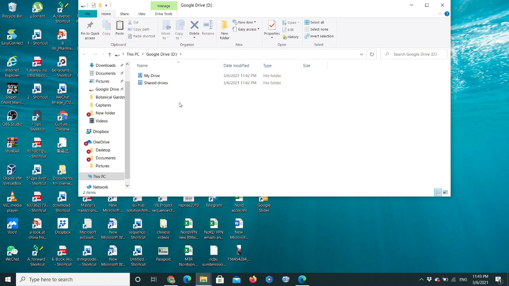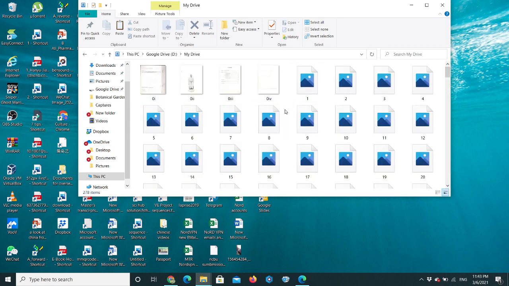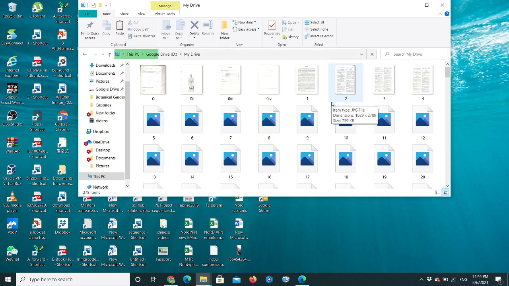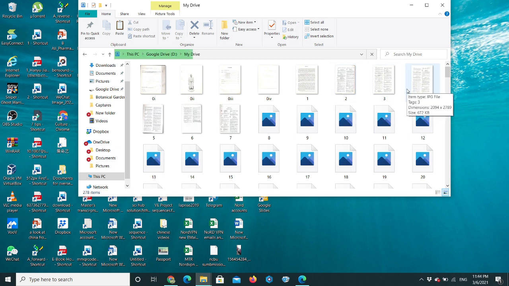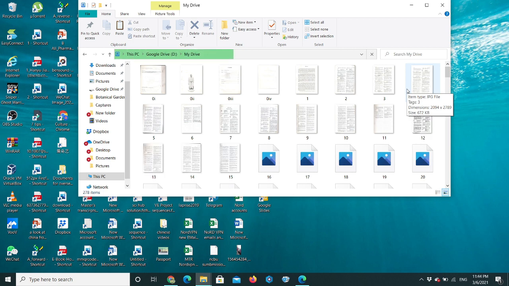it will direct you to your Google folder where you can see your contents. If you have content data, you can open it from here. For example, I'm clicking on this My Drive. So here you can see I have a lot of files in this folder, as I have already uploaded these files to Google Drive. So you can easily use this Google Drive application on your desktop. You don't need to go to a web page, you just need an internet connection. You must be online, and you can work on it from your desktop.